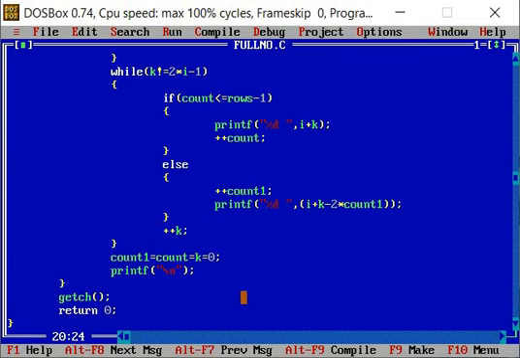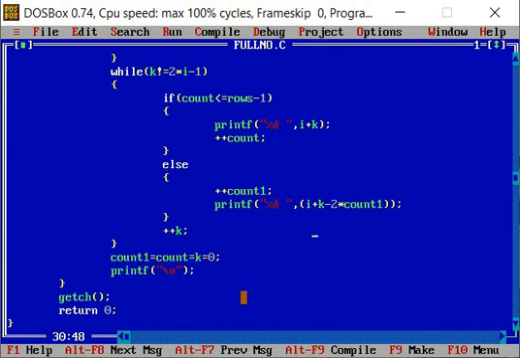It will not go to the if statement, because the count value is 2, which is not less than or equal to 2 minus 1, that is 1. The condition is false, so it will go to the else part. Count1 will be incremented to 1. Here i is 2 plus k is 2, minus 2 multiplied by 1, that will be 2. So it will print 2.